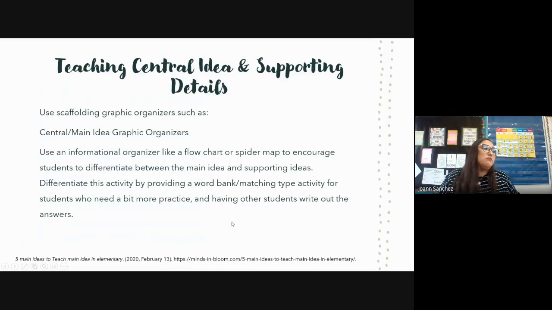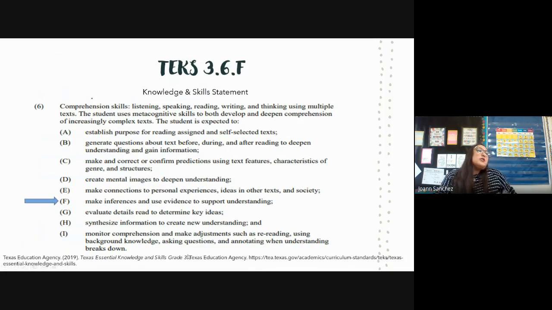So all of those differentiating activities will help them better understand it. So the next TEK that I know, and it's one that my students also struggle with, is making inferences. So I know your smaller ones, if you start working with them right now and just explaining that they infer